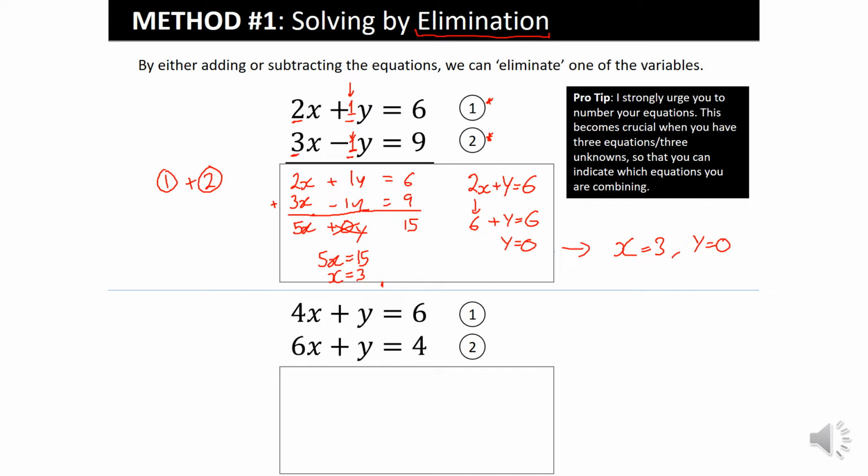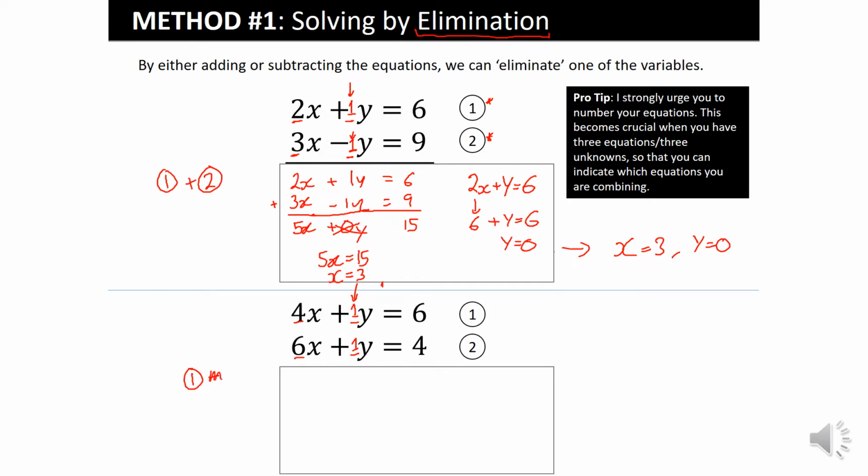Let's see what we can do here. So again, we look at the coefficients of x and the coefficients of y. Again, this is 1 and 1. And we need to think, what can we do to these equations to eliminate either x or y? So because we've got a matching coefficient with the y's, we've got 1 for both. If we were to subtract,